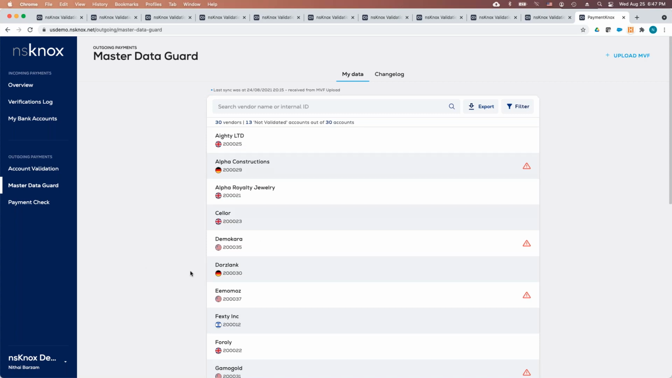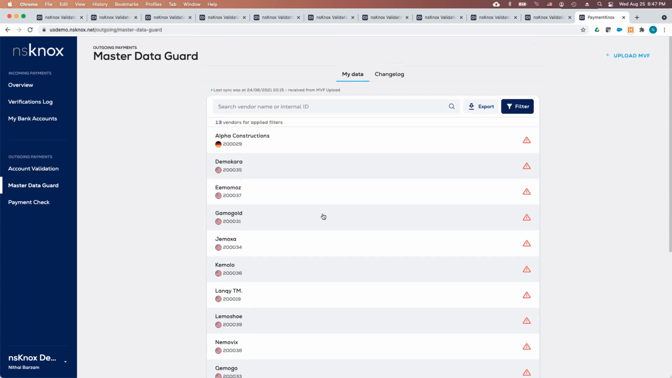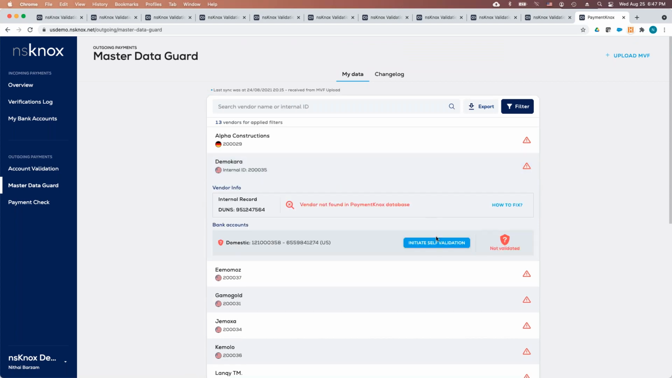And every time you synchronize your master data again, we'll produce these change logs, and we'll be able to identify if anything within your database is valid or not valid. There's an easy way to filter and just quickly see what in my master data is not validated. And when you apply this, it will show you entries that were not validated, not by your process, and not using the nsKnox service. In case you want to validate yourselves, you could do that by initiating what we call